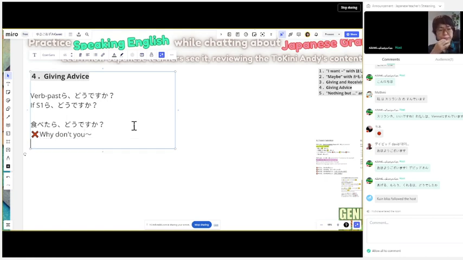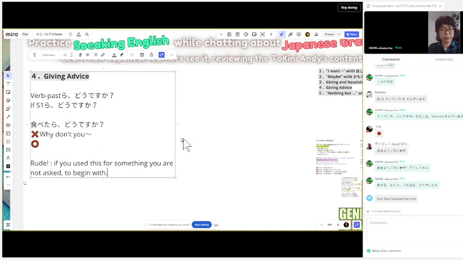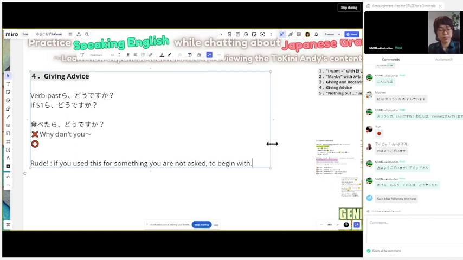It's for giving advice, and specifically giving advice when it's asked for. It's actually somewhat rude to use da do desu ka if you aren't first asked for advice. It's very presumptive of you to offer advice with da do desu ka if you haven't first been asked for it. So don't use it, basically, unless someone's asking you for advice. In informal speech, you can drop the desu ka, of course. That actually showed up in our very first dialogue this week. We just said something da do.